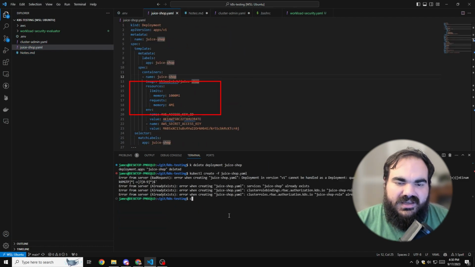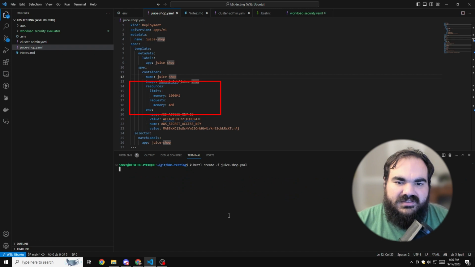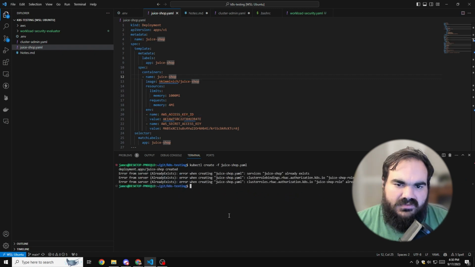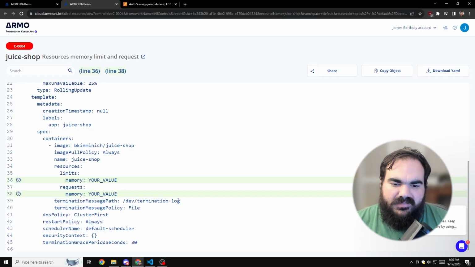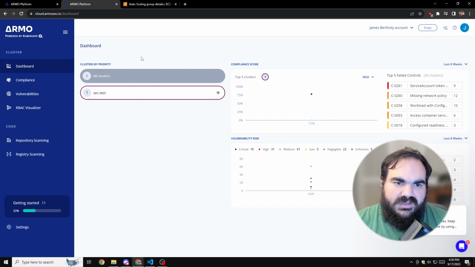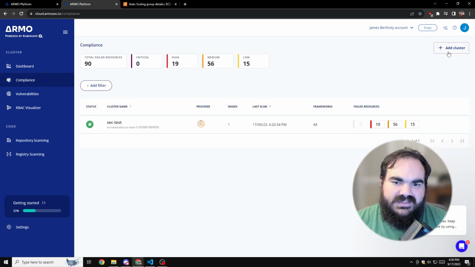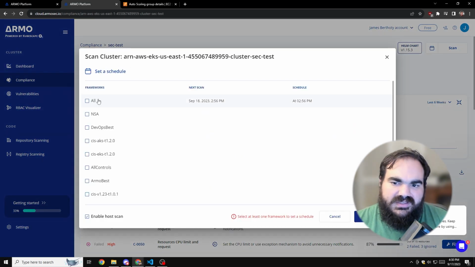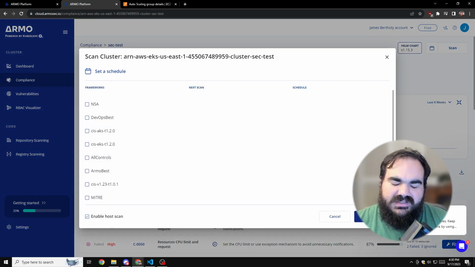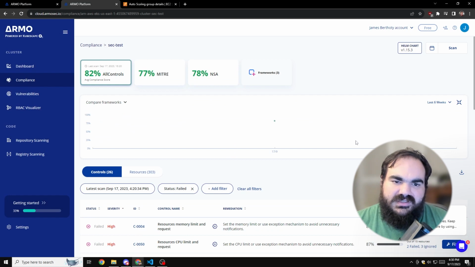So here I am going to set limits in here for Juice Shop, and then go ahead and redeploy my deployment and hop back, and let's go ahead and run a rescan and just take a look at if it tracks, you know, this is a resolved issue now. Things like closing a ticket if I was actually managing this at a large scale. Looks like I can schedule scan, so I'll go ahead and kick this scan off